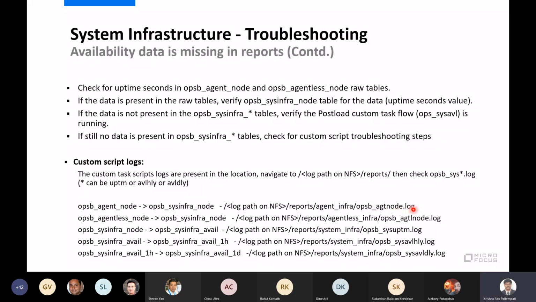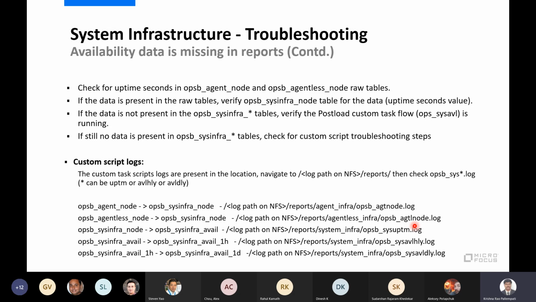By default, we have enabled logging for errors. If any errors occur, they will be logged into these log files. So we need to look into these log files and see any custom script errors.